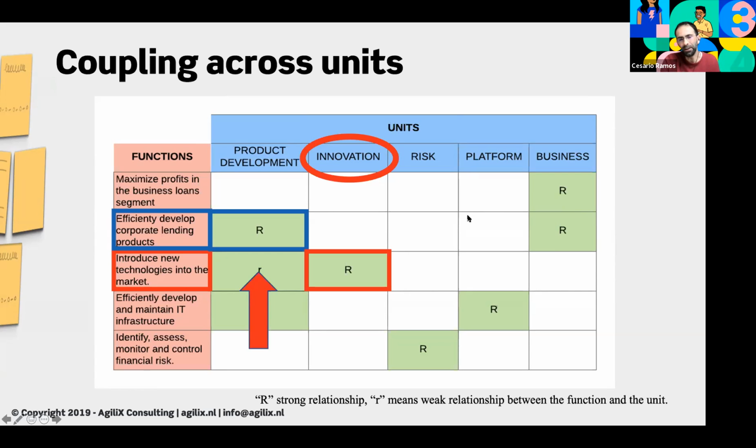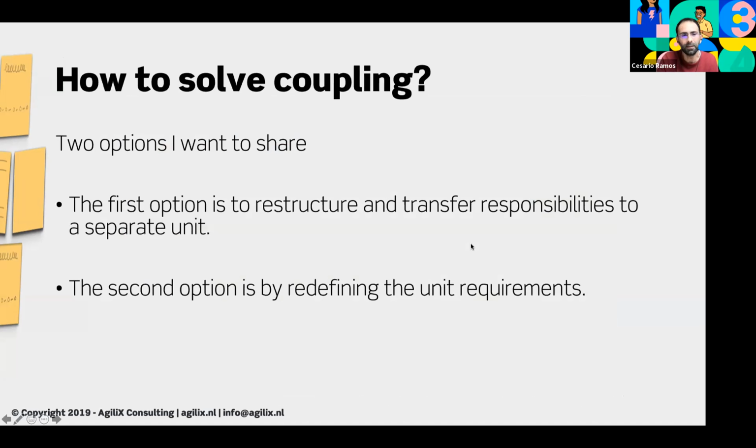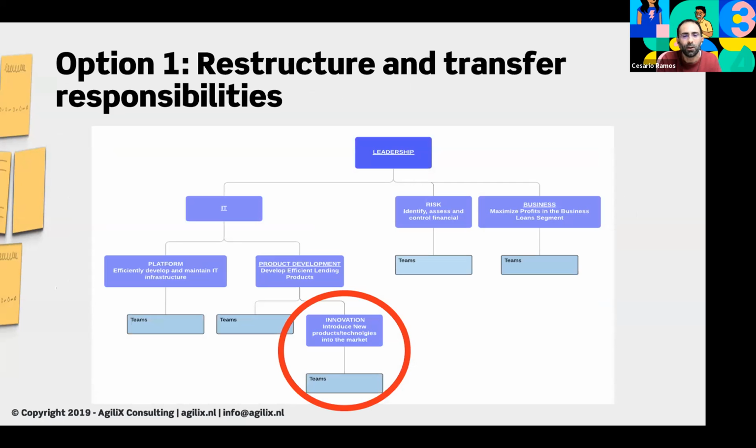If you have noticed that, then according to Warren, we need to decouple that, and that's rather simple actually. There are many options to do that. I want to share just two. The first option is that you can restructure and transfer these responsibilities to a separate unit. If you are a programmer, this would sound very familiar. You see here this innovation group, which falls below the product development group, and they have these conflicting